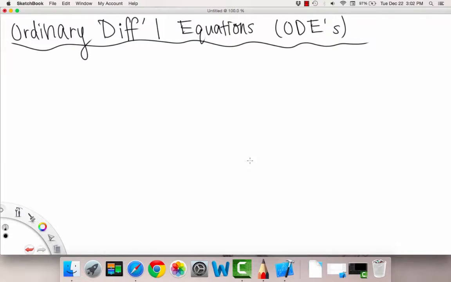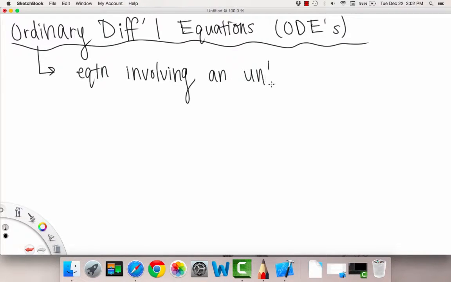Okay, so the first thing we're going to start with are called ordinary differential equations, also known as ODEs for short. So what are these? Ordinary differential equations are basically equations or an equation involving, and I'll just write out the definition here, involving an unknown single variable function. That's important. That's what makes it an ordinary differential equation, and we'll see the other kind of equation that we could see in the future. So an equation involving an unknown single variable function,